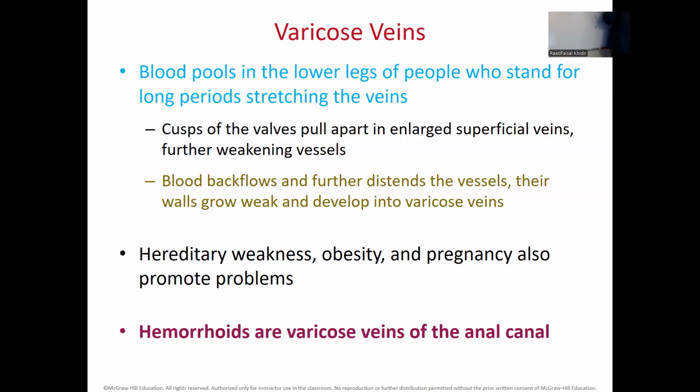the blood goes down to your foot. Now it needs to go up. So we need to have valves that are one direction. So valves that allow for blood to flow in one direction up to my heart. Due to pregnancy, due to obesity, and due to the occupational stress of having to stand for too long,